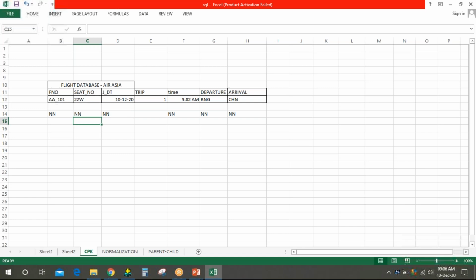Let's say by mistake you are traveling into AA101, and Ayappa is traveling into AA102. It's the same. Not null, not null, not null.